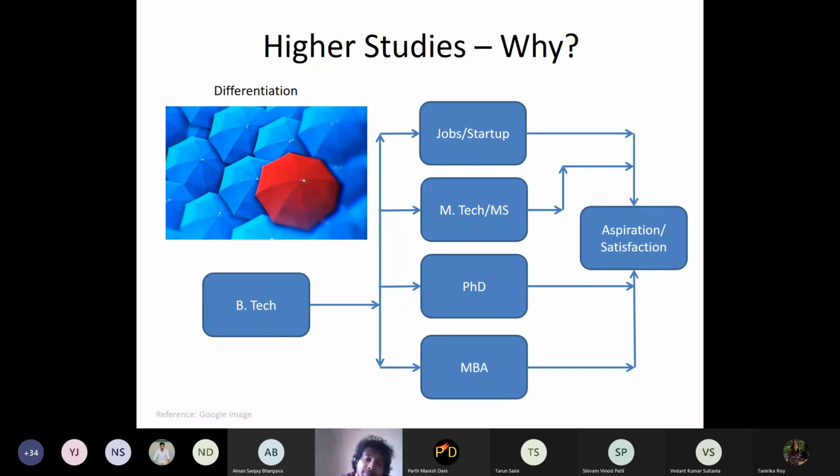To give you one example, you can ask me, if I don't do it, can I not do it? That is a different aspect. But a higher study in MS or PhD is one of the things which people look for. Similarly, as I mentioned, MBA is obviously a different dimension we are going in.